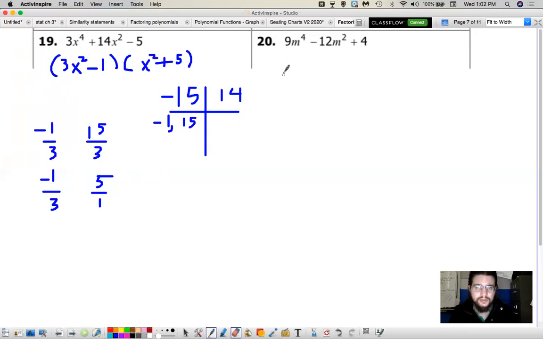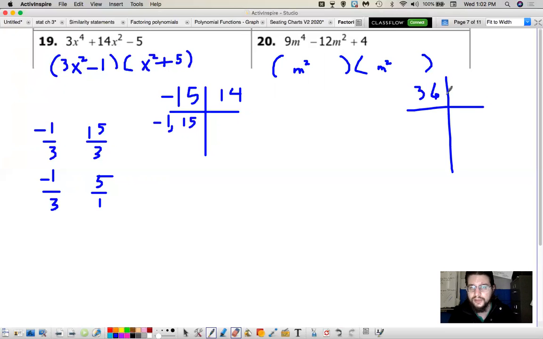GCF doesn't exist. So I'm gonna do something like this. I know I got some sort of m squareds in here. I might have them with coefficients. I might not. I'm just gonna leave some space to stick something in front of them if I need it. 9 times 4 is 36. Need that to add up to negative 12. Positive and negative, that means they both have to be negative. So my factors of 36. 6 and 6, hey, that works. So negative 6 and negative 6 gives me negative 12 if I combine them and positive 36 if I multiply them. Put them over